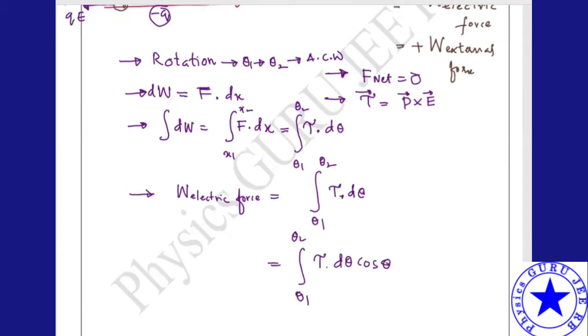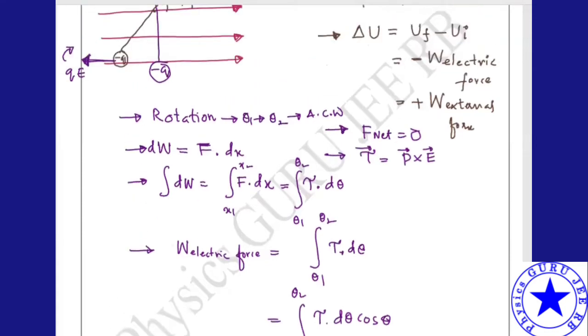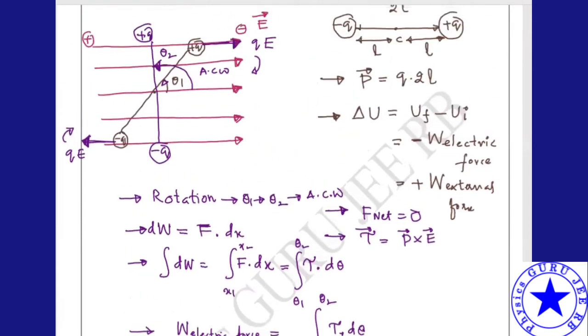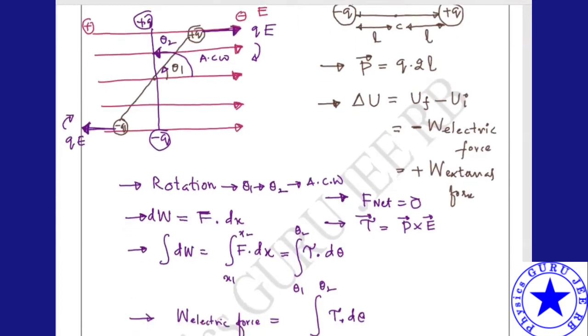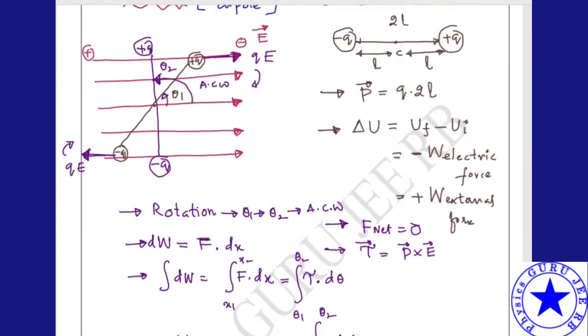Okay. So what is the angle? See, theta. If you take tau and theta, torque. Torque means force into perpendicular distance, and torque is rotating in the clockwise direction, right? You are applying the angle, so the rotation angle is in which direction? Anti-clockwise direction. d theta is in which direction? It is nothing but the anti-clockwise direction.